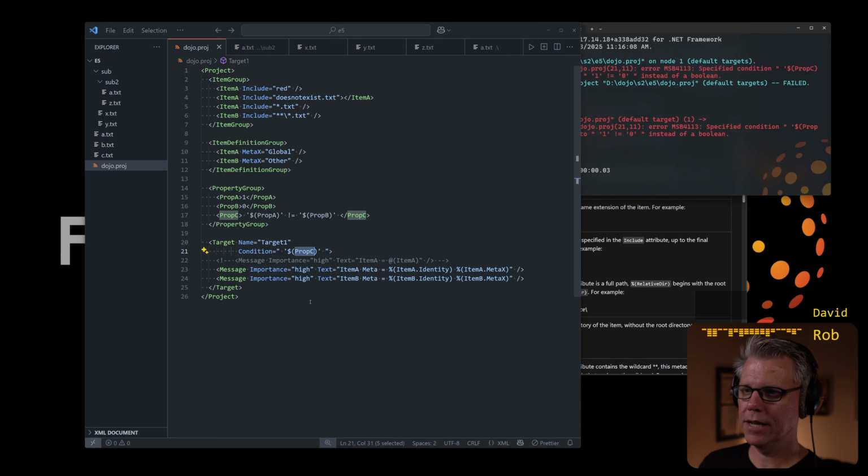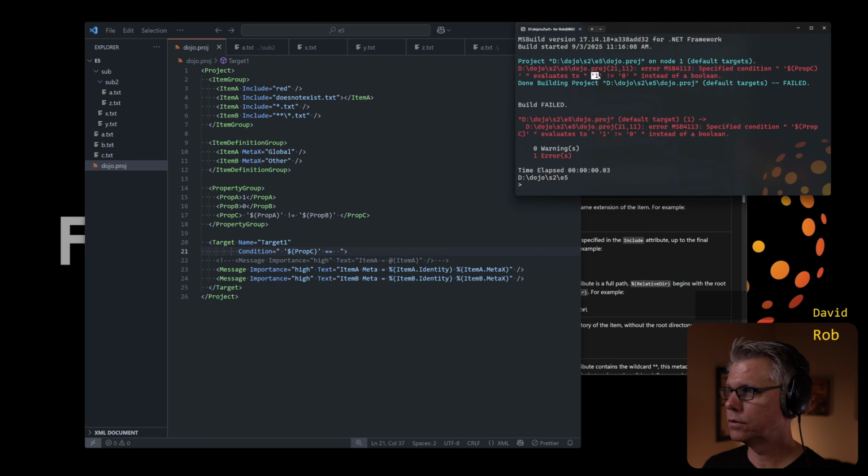So this is not evaluating prop C. It is not evaluating the value of prop C. It is taking the value of prop C and just comparing it. So if you want this to be true, we would be able to say is equivalent to